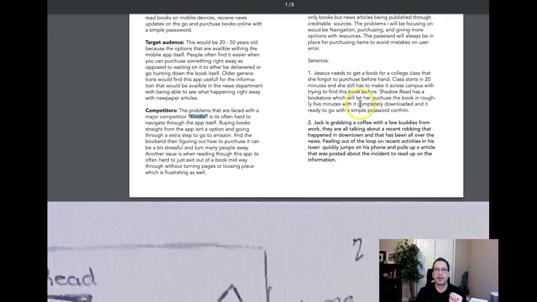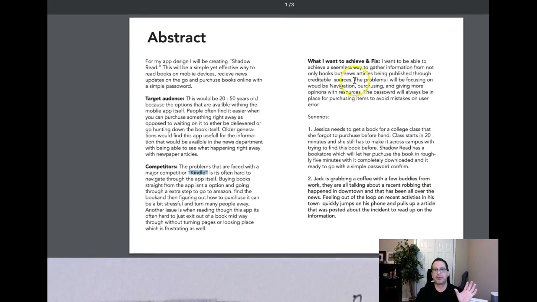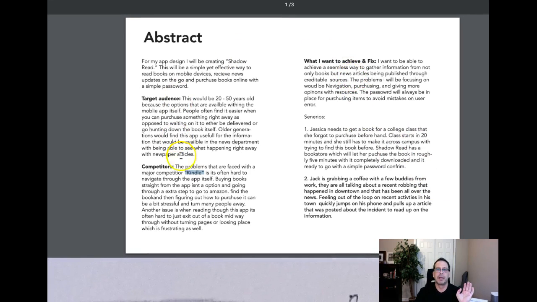Okay, scenarios. Now the issue here is we've gone straight from the competitors and the problem to scenarios. So we've skipped a very important step, and that is setting up your personas. A persona is a logical link between the scenario and the summary of the target audience.